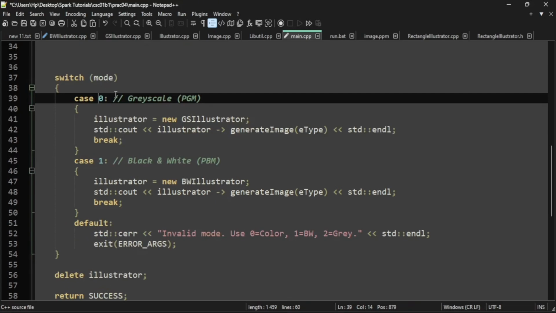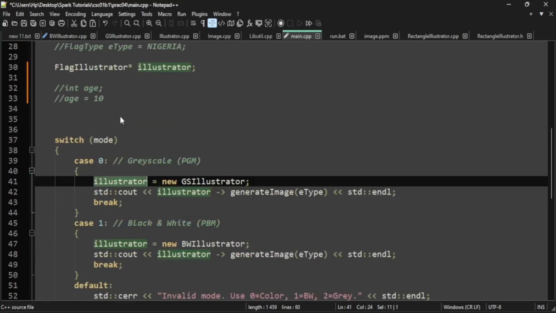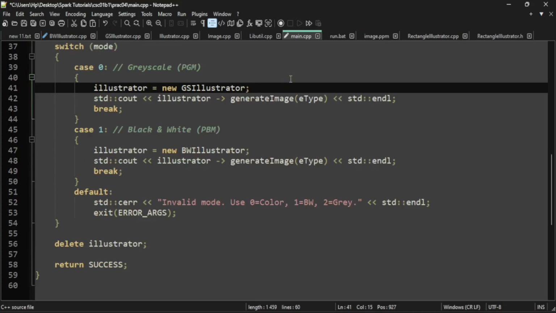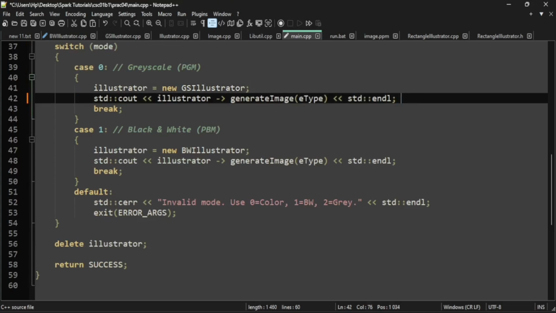So if the user asks for a grayscale illustrator, you're going to take your illustrator variable that is able to store an illustrator, and then you're going to give it, using the new keyword, a new grayscale illustrator, and put that grayscale illustrator in this illustrator variable. Now this illustrator variable is of type base class, of type flag illustrator. Now this is the polymorphic call. You can even comment it here so that when they ask you where is your polymorphic call,